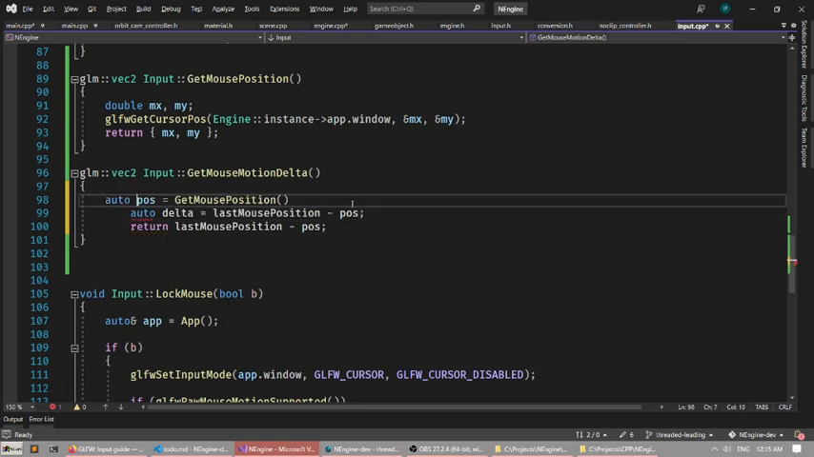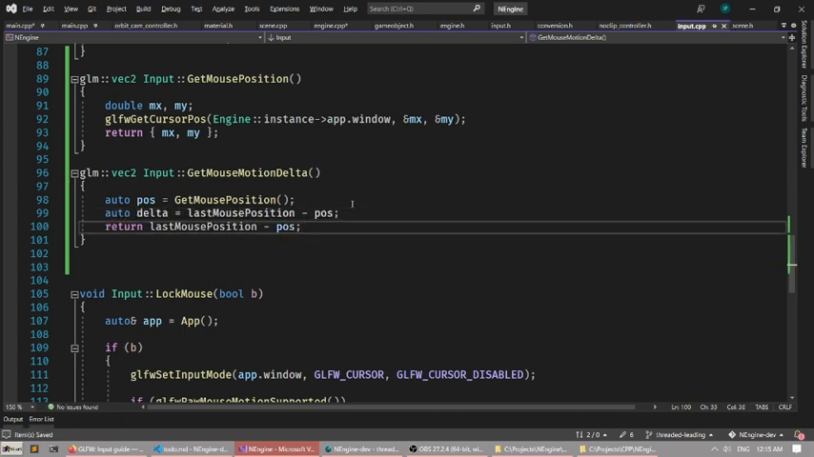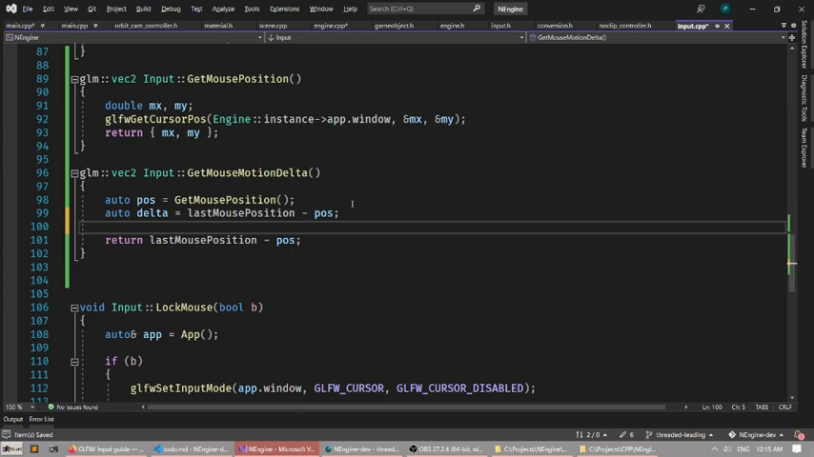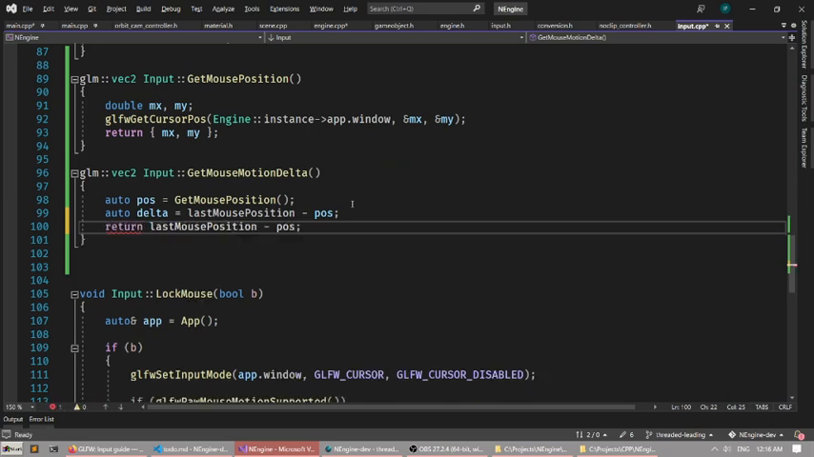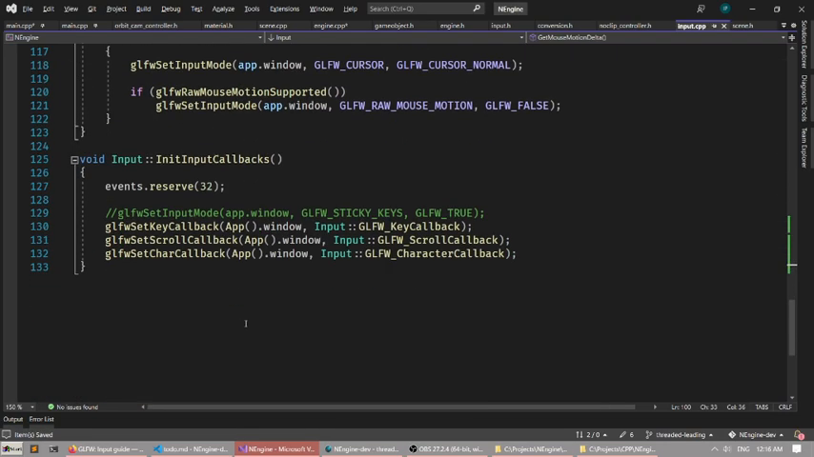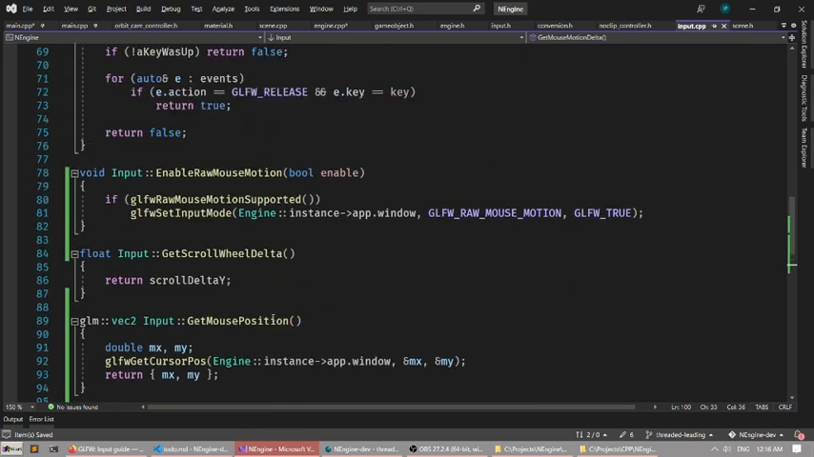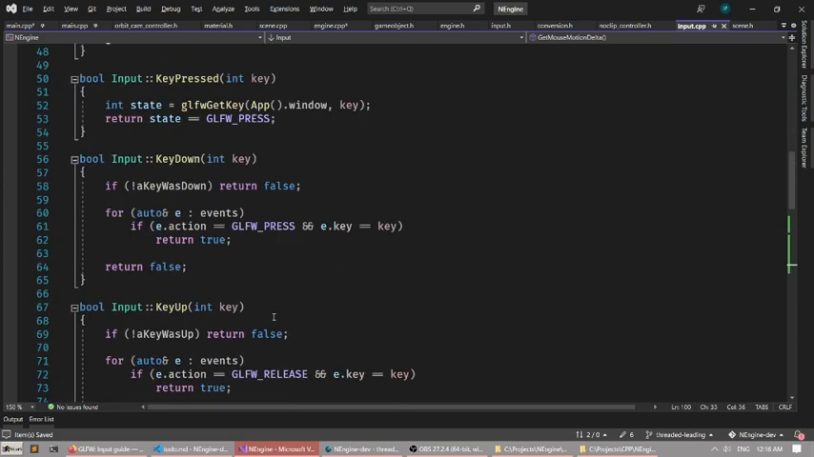Let's just use autos, like real people. And then here I'm going to set a new position. So last mouse position is, oh no. No. I'm actually going to set the new position at the beginning of the callback